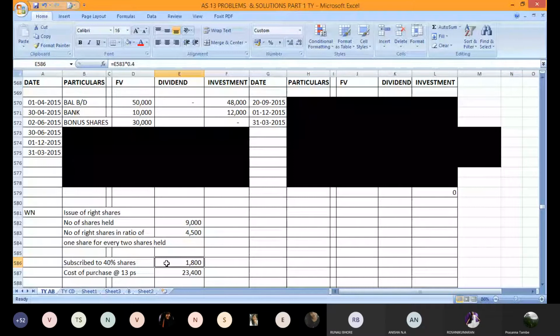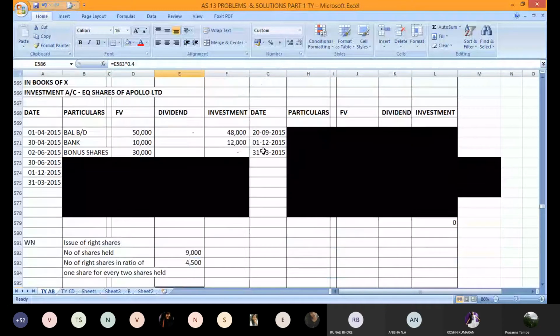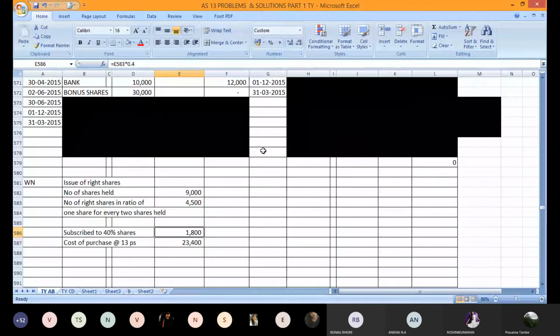If you read the question, it says that he subscribed 40% and sold the balance of his rights at 2 rupees per share. So whomsoever he has transferred his eligibility to purchase, he had charged them a premium of 2 rupees per share. Okay, so below this, one more working will become